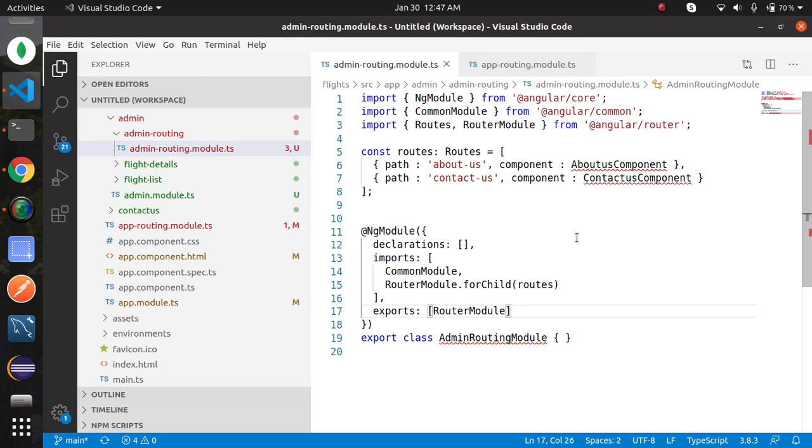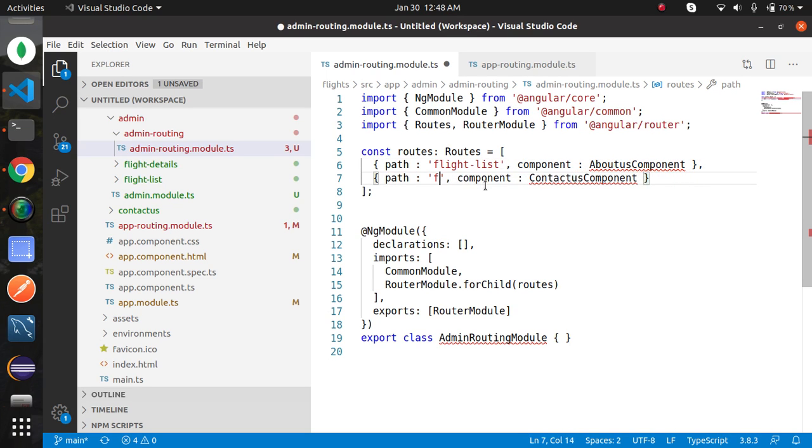Now map the newly created components, that is flight details and flight list, and provide the route here. Suppose for the flight list, flight-list, here flight-details.